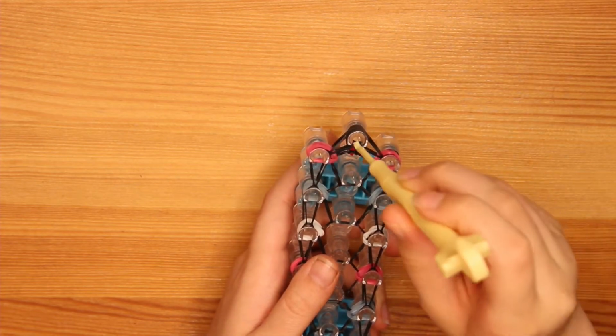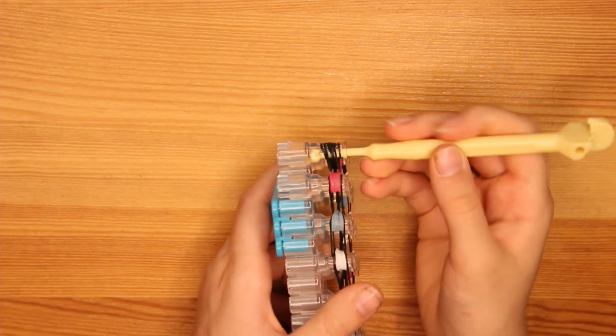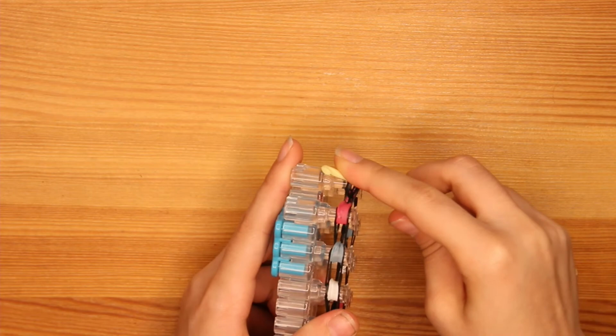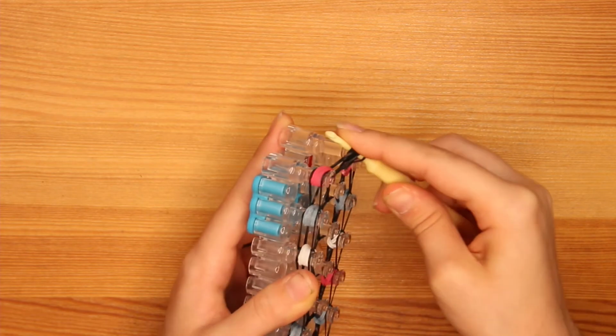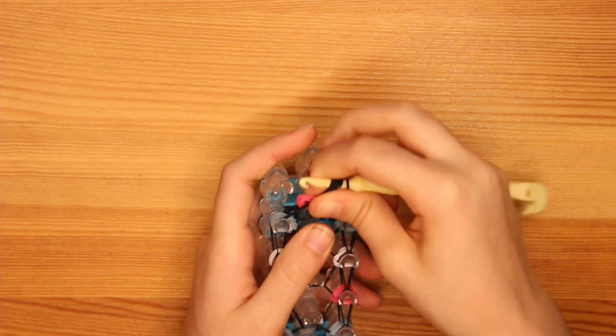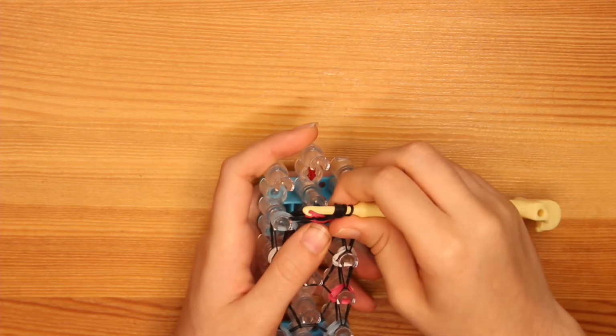We're going to stick our hook down through that peg, and you want to get all the bands onto your hook, okay? And then we're going to pull them off. And you want to make sure they're all on your hook because they can unravel. So then you just want to slowly just peel everything off of your...